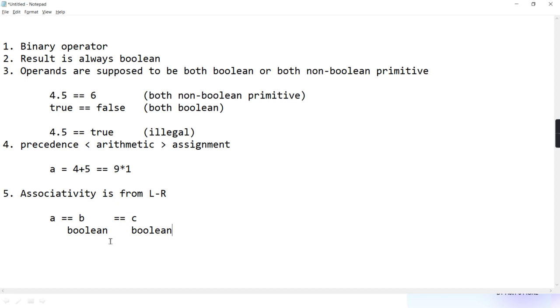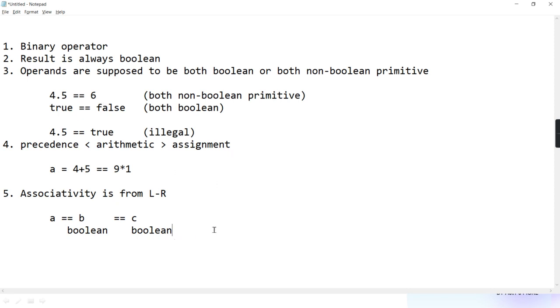Then you can do the comparison between Boolean and Boolean, and therefore it is legal. But why in case of relational was it not allowed? Because relational operators you cannot do on Boolean. It was supposed to be only on non-Boolean primitive. Here it is allowed to do the equality or inequality comparison between Boolean and also between Boolean and non-Boolean. Both allowed. Okay, the point you have to remember.